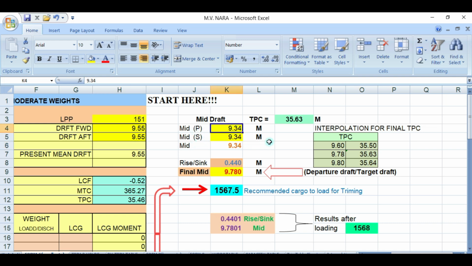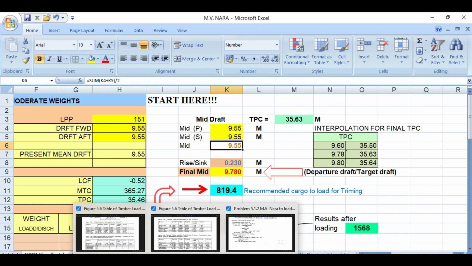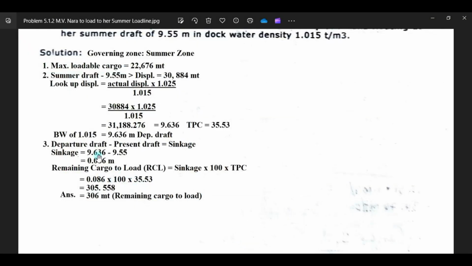So let's say you have no list and no trim. Assuming 9.55, 9.55, and your mid draft will be 9.55,